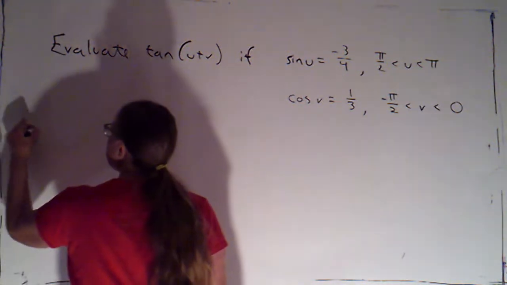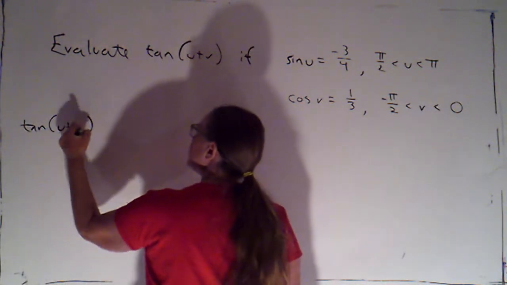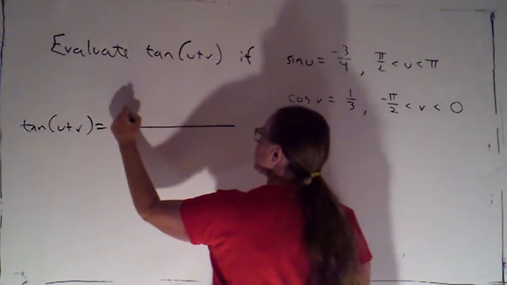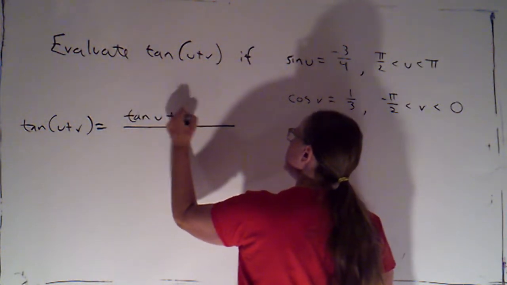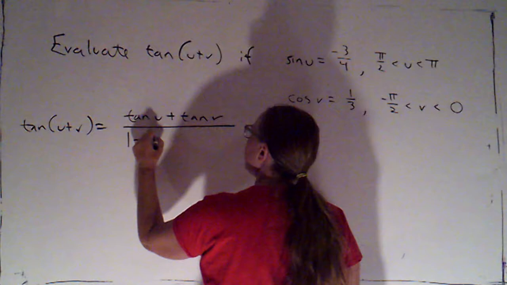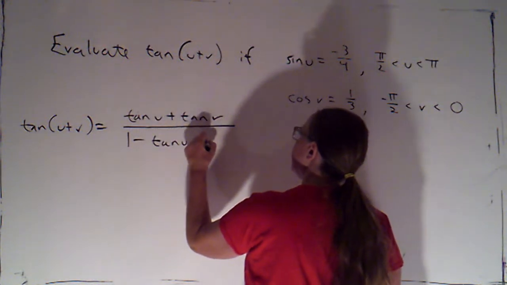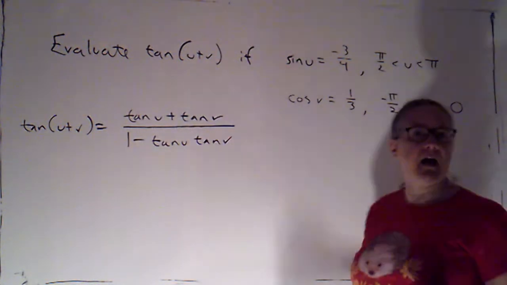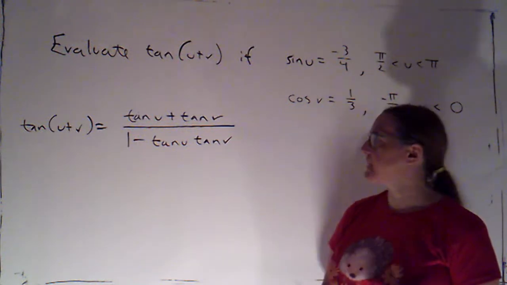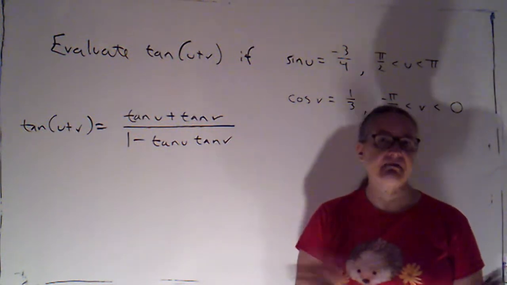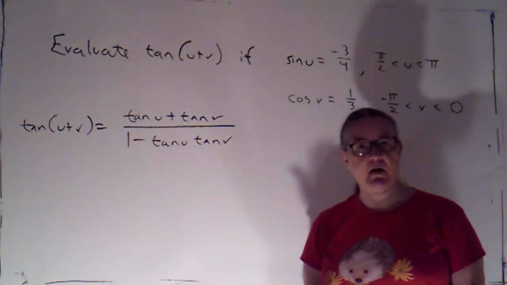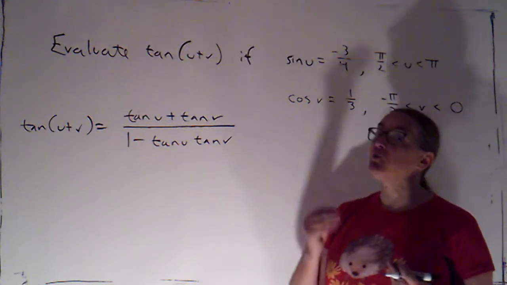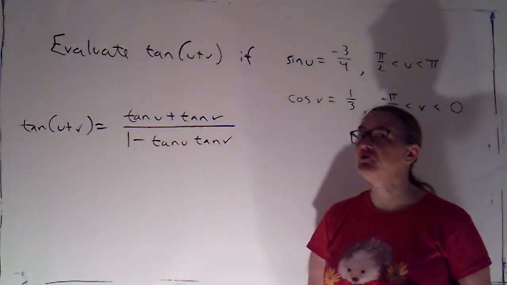Now, I know that tangent of u plus v is this fraction: tangent u plus tangent v over 1 minus tan u tan v. We derived that a couple videos ago. What's going to happen now is I'm going to remember that for the next week, and then I'm going to forget it again, but I know how to derive it. So remember, you are responsible for being able to derive it.